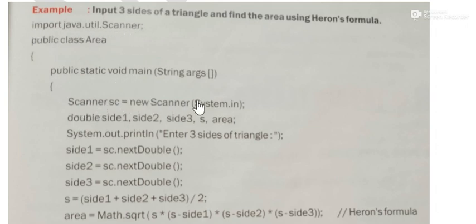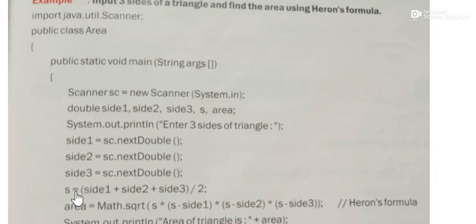Now declared the scanner and declared variables like side 1, side 2, side 3, s and area. Enter three sides of triangle. Side 1 equals sc dot next double, side 2 equals sc dot next double, side 3 equals sc dot next double. We have taken three sides from the user. After that calculate the value of s by using the formula side 1 plus side 2 plus side 3 divided by 2,